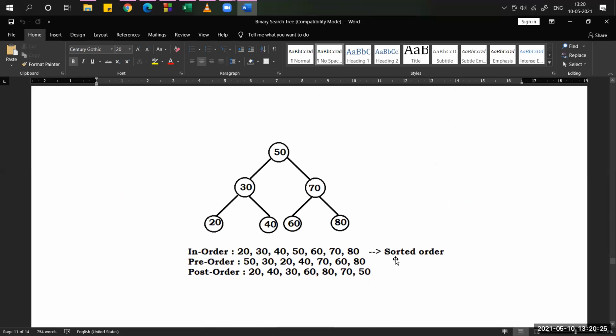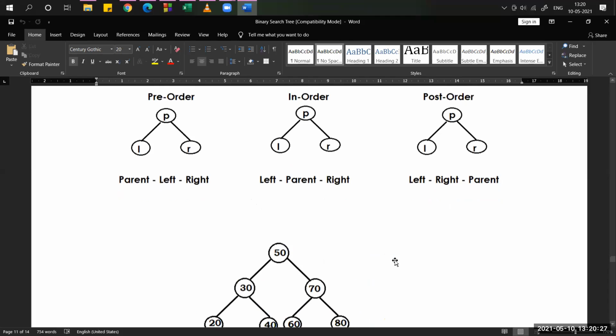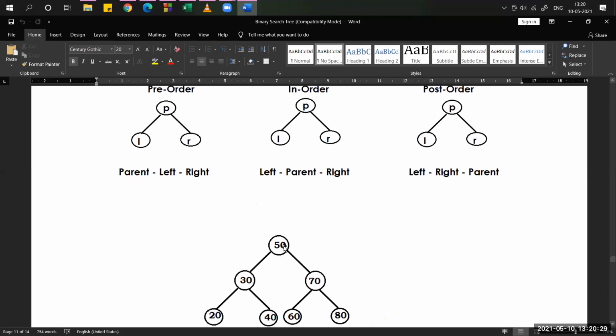Now look at this tree. It is a binary search tree. Why do I say this tree is a binary search tree? Observe the values at the left side: 30, 20, and 40. These three values are less than the root node. What is the root node here? 50.